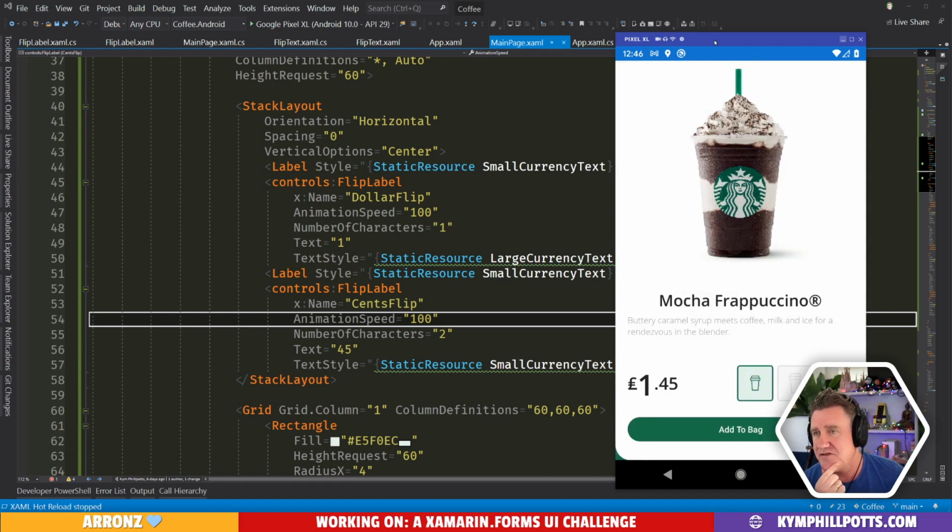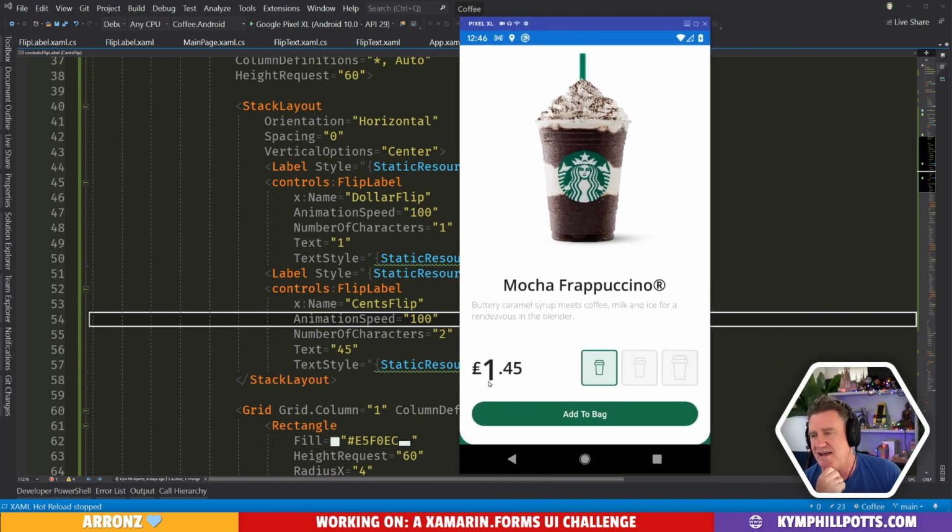I basically got this control down here, and I want each of these digits to rotate, but actually at different times. So ignoring the fact that this selection over here doesn't work, as I change the value, you can see that it's actually rotating each of those numbers at different speeds, at random speeds in fact. So it's kind of nice. That's all just using labels and animation and a collection of tasks. So yeah, that's pretty cool. So it was either that or do it in SkiaSharp.